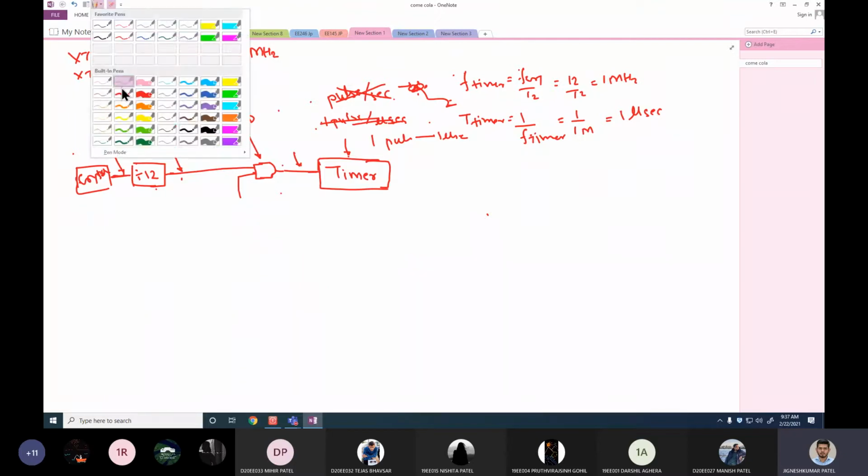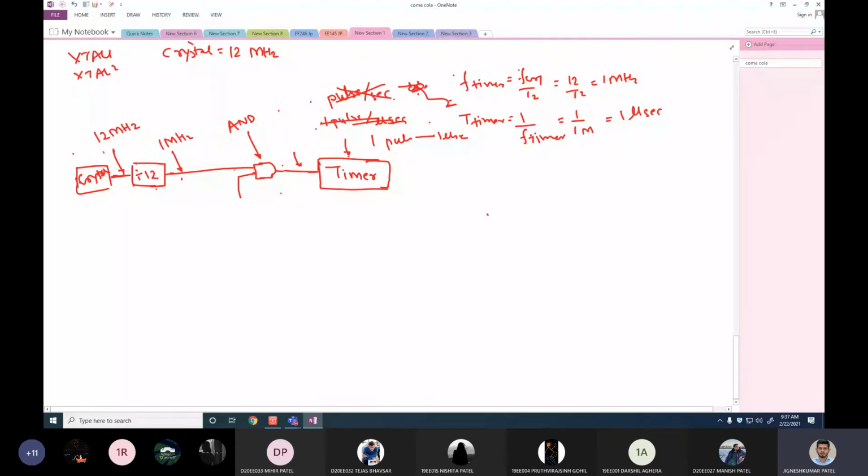The other bit is known as the timer control bit, and it is named as TRX. What is TRX? TRX is known as the timer run bit. Now, can you say if TRX is equal to 1, my timer will start? Can you say that? And if TRX is equal to 0, my timer will stop. What does a timer stop mean?